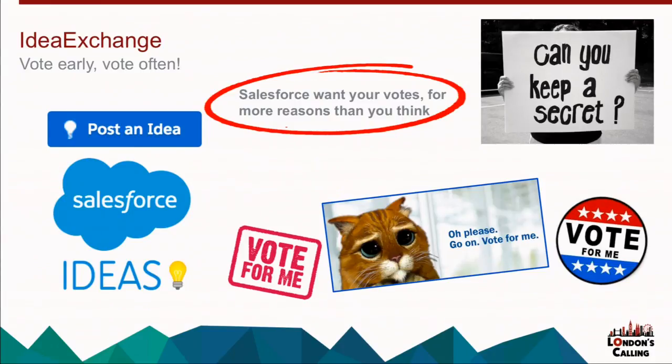So that's why it's important for the obvious reason. The second reason, less obvious, but I personally believe it's a real factor here, is that those idea points aren't just used to drive what the roadmap is, but actually to validate the existing roadmap. So every time a vote gets added, there are more points that the product manager can retire when the feature comes to life. And that's one of the metrics we see every release: we've retired this many thousand idea points. So it really helps Salesforce to get extra credit, if you like, for the features that they're going to deliver. So there are two examples I'll give here.